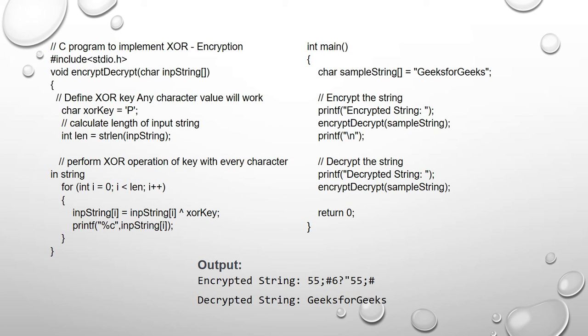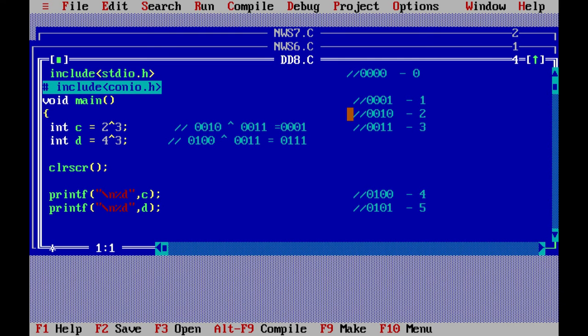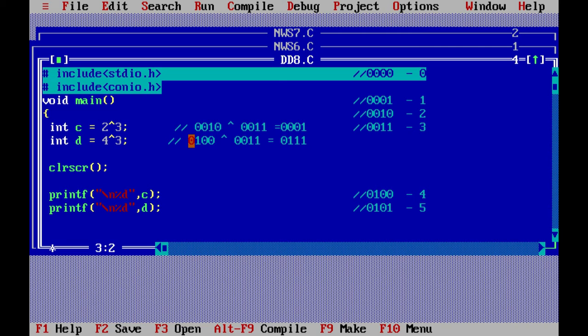Now move to C, where we will get the total program output one by one. Now see, this is the first initial program of the exclusive OR operator, where we use a simple statement. Here we are defining C as 2 caret 3, D as 4 caret 3.